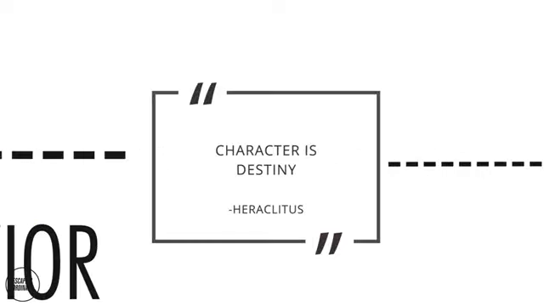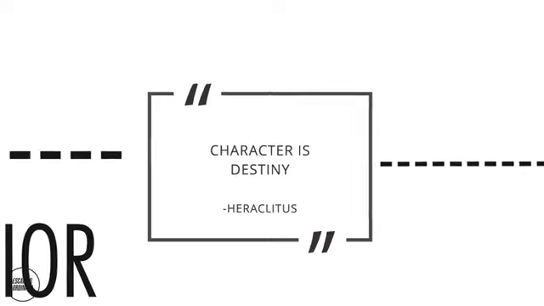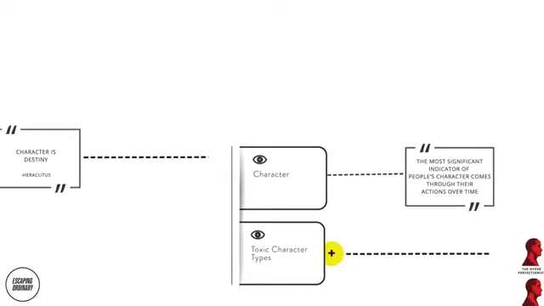Character is destiny. Heraclitus. The word character comes from ancient Greek and was used for an engraving instrument. Our characters are stamped within us. Spirits and gods do not control us. Our character does. It is impossible to remove your character, but it is possible to lessen or stop negative patterns